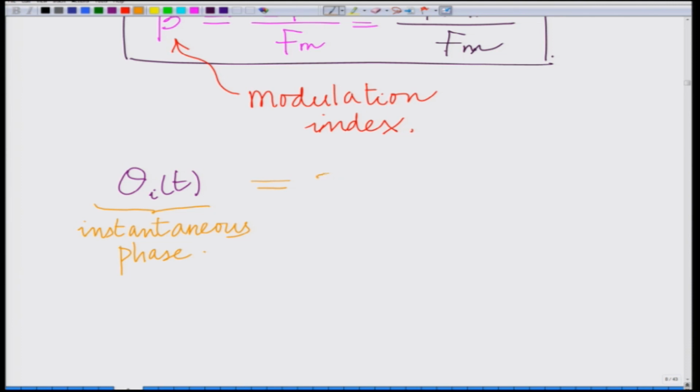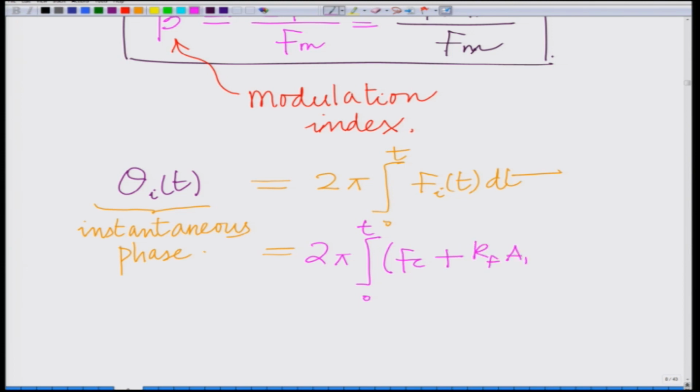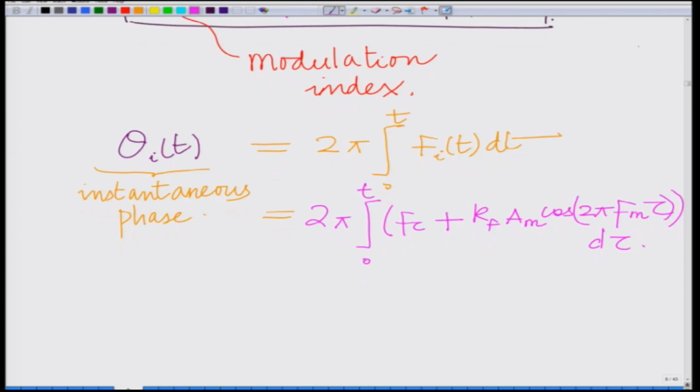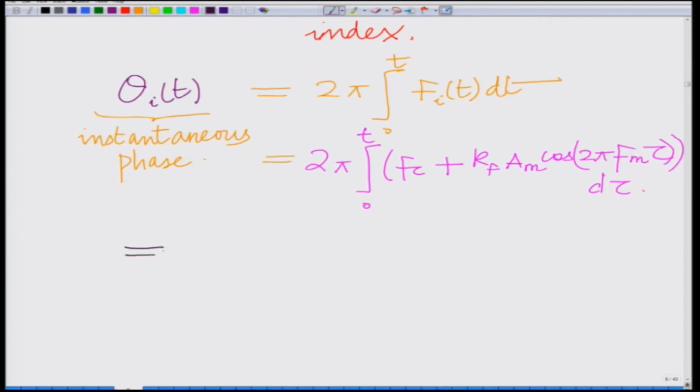So, phase is the integral of the frequency, in fact 2 pi times the integral from 0 to t of f_i(t) dt, which is equal to 2 pi times the integral from 0 to t of fc plus kf Am cosine 2 pi fm tau d tau, which is equal to 2 pi fc t plus 2 pi kf Am times the integral of cosine 2 pi fm tau d tau,